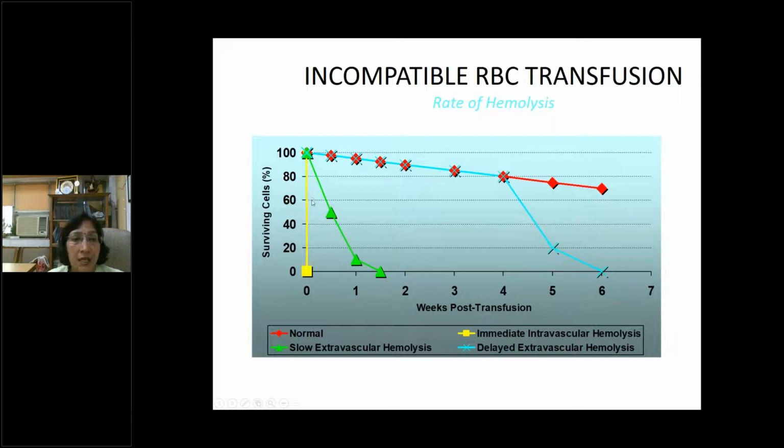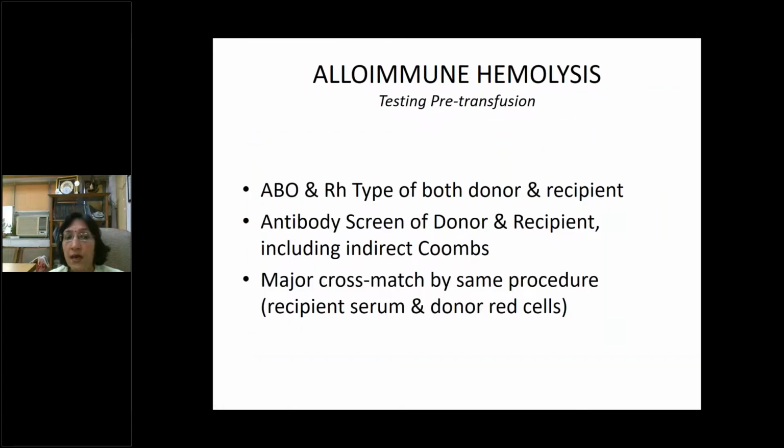If there is an immediate hemolysis, it will occur with a major ABO incompatibility. Slow can take up to 2 weeks, maybe up to 6 weeks. So whenever a patient with hemolysis comes to you, don't forget to take the history of blood transfusion. Always check ABO or Rh compatibility. If there is a history of previous mismatched transfusion, test the donor and recipient, and go for the Coombs test.